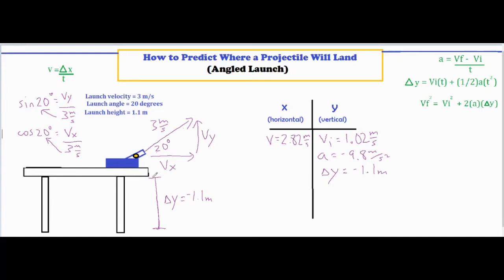So actually, sorry, I kind of drew this off a little bit. It would be the height from which it was launched, so somewhere around here. Okay, so the launch height is negative 1.1 from the height of the actual launch all the way to ground